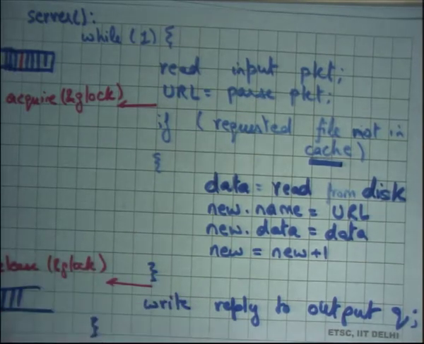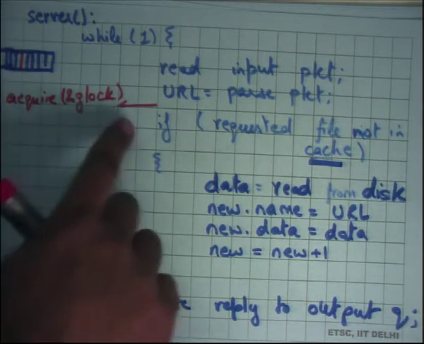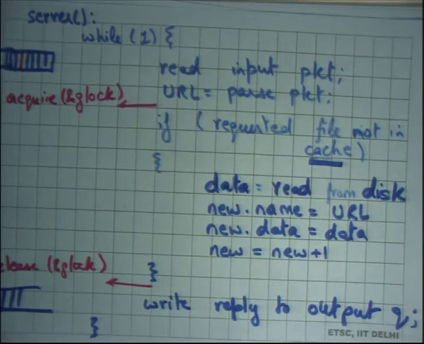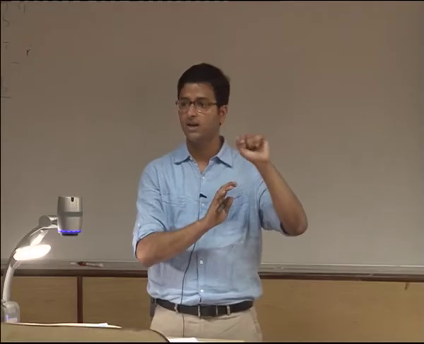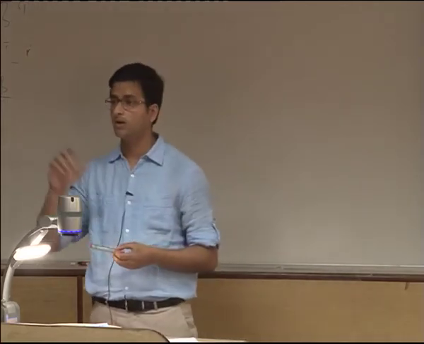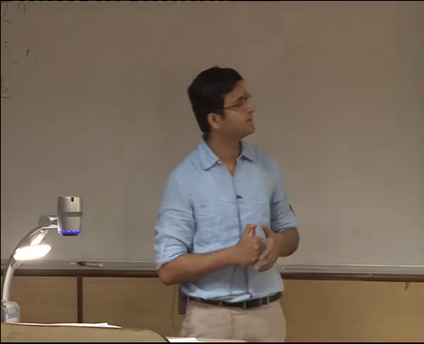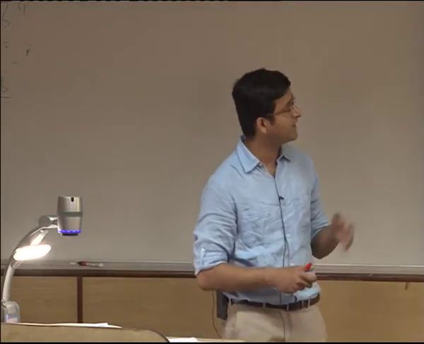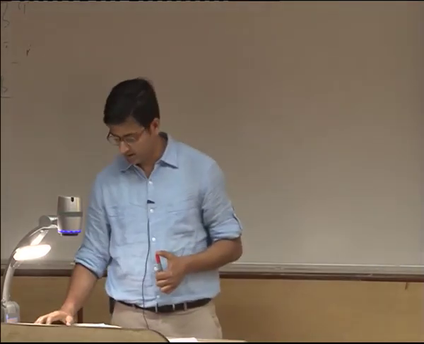Right? This will take care of concurrent access to the cache. This will not take care of concurrent accesses to the input and output queues. Let's ignore the input and output queues for some time. Let's say there are special data structures, and we're going to talk about how these input and output queues are implemented. But let's just talk first about the shared concurrent access to the cache. So you acquire the global lock and you release the global lock.